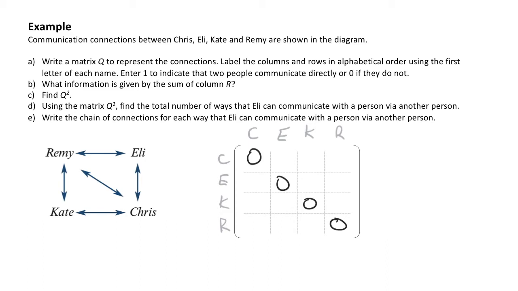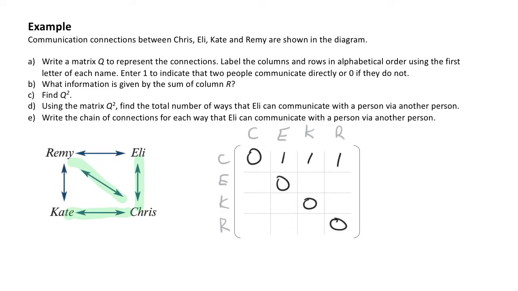with themselves. So having a look at Chris to see who Chris is communicating with, I can see that Chris is communicating with Eli, with Remy, and with Kate. So he is communicating with all 3 other people. So when I go ahead and complete his row, I can put in 1s because he is communicating with all